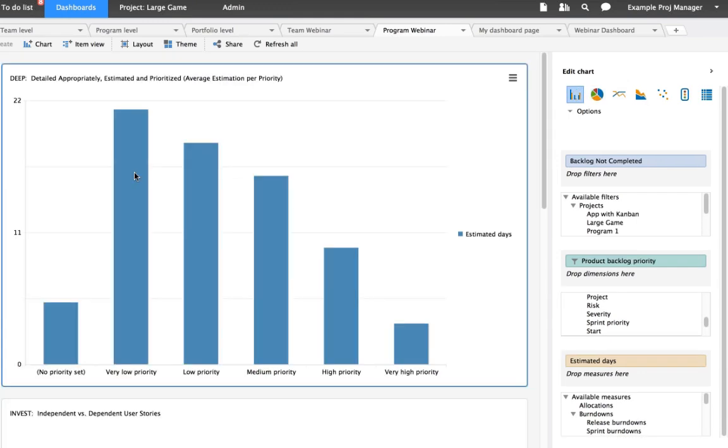This first one, when you're talking about having a healthy backlog, there's this concept that you've probably heard of: DEEP. So detailed appropriately, estimated, emergent, and prioritized. This particular bar chart is showing you three of those. So it's showing you, are we detailed appropriately? Have we estimated the backlog? And have we prioritized? So what we're looking at here is kind of a ramp down of estimated days average